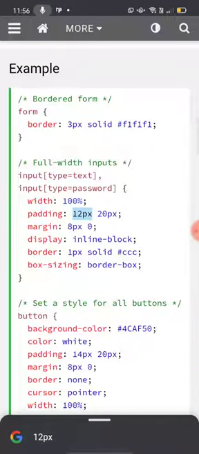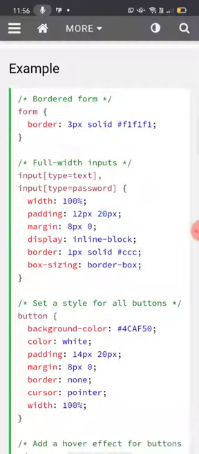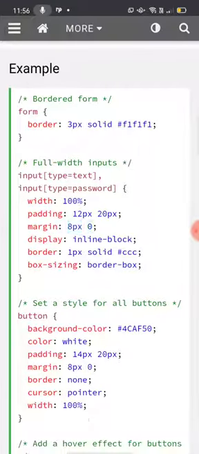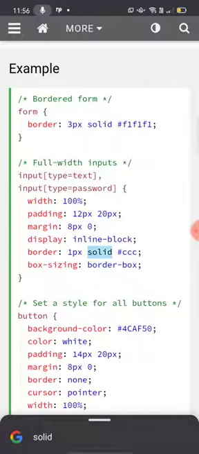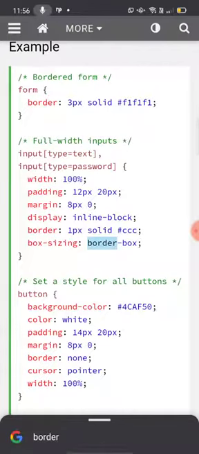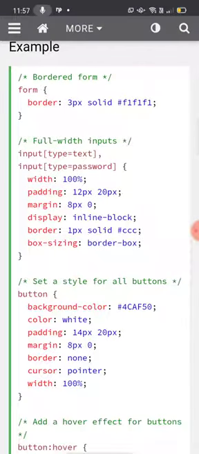Margin will be 8 pixel and 0. Display inline block, border is given 1 pixel solid hash CCC, and box sizing border box is given.